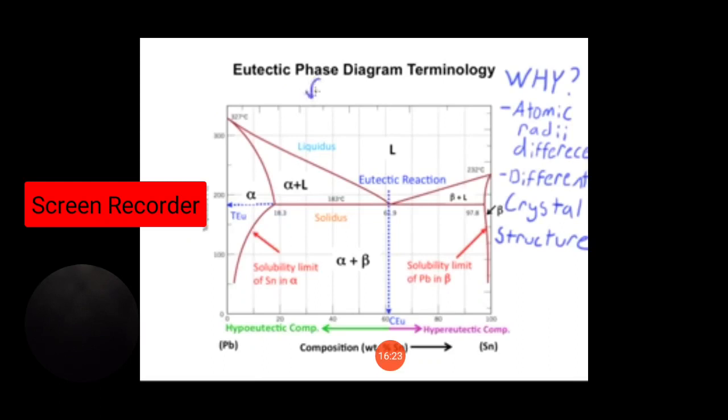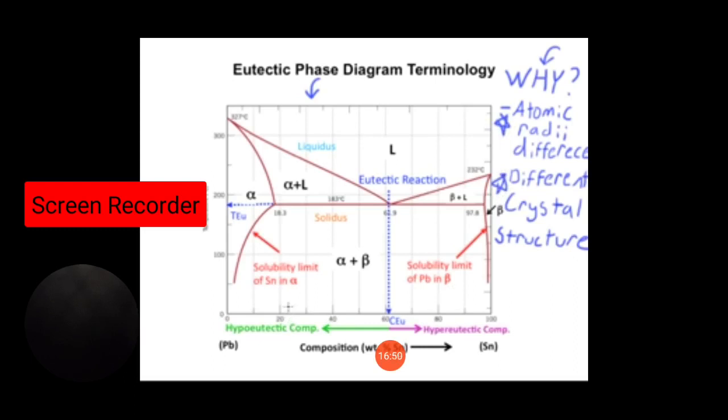Here is a picture of a typical metal phase diagram. Something important to know is why we even have phase diagrams. Basically, a phase is a physically homogeneous part of a material system. When two metals are added together in an alloy, they usually are not completely soluble in one another, so they create separate phases, as seen by this diagram. This may be due to atomic radii difference or different crystal structure.